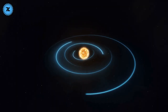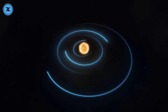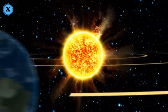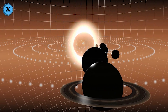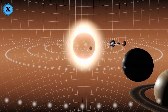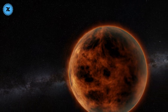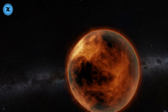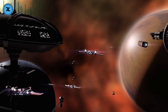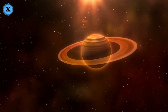Size. A bolometric luminosity of nearly 440,000 L☉ and an estimated effective temperature of 3,200 K were used to derive a radius of 2,150 R☉, 1.50×10⁹ kilometers, 930 million miles, which is significantly larger than the theoretical models of the largest red supergiants predicted by stellar evolutionary theory, around 1,500 R☉. It would be bigger than other well-known red supergiants like Antares A, Betelgeuse, VY Canis Majoris, and UY Scuti if